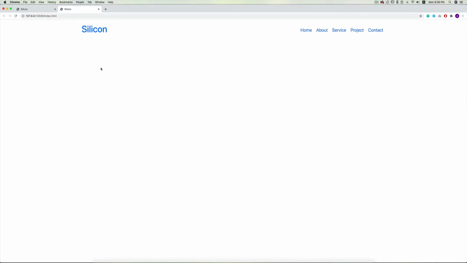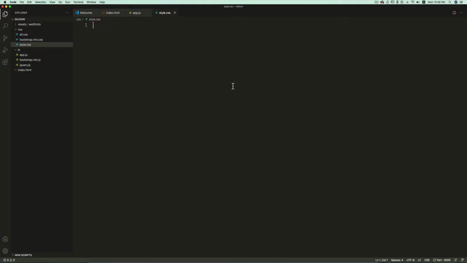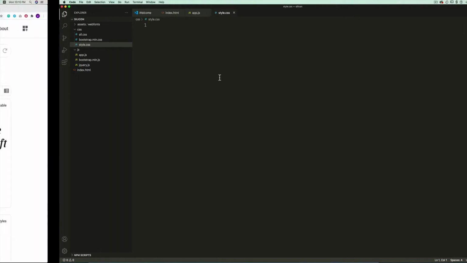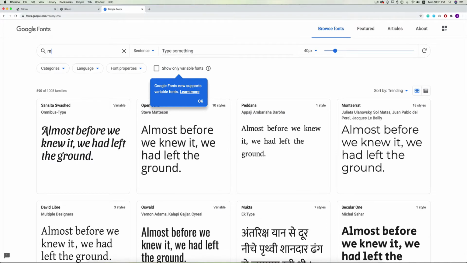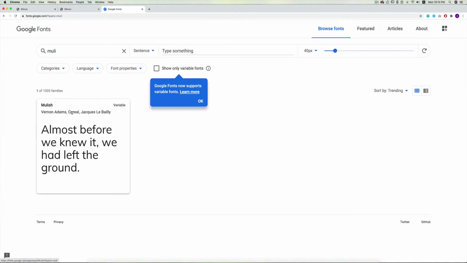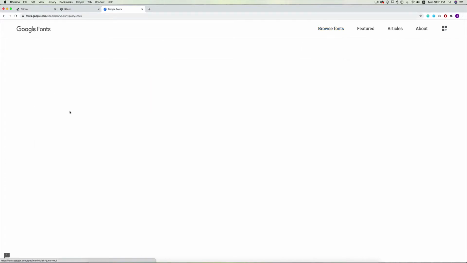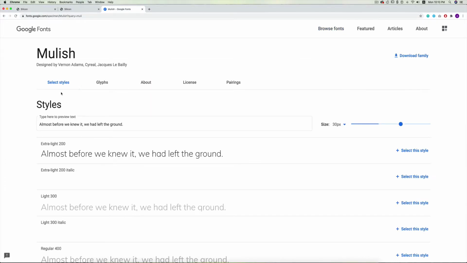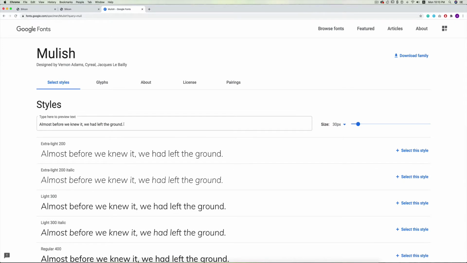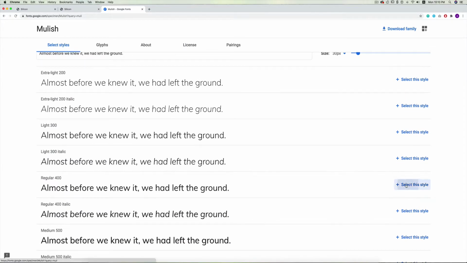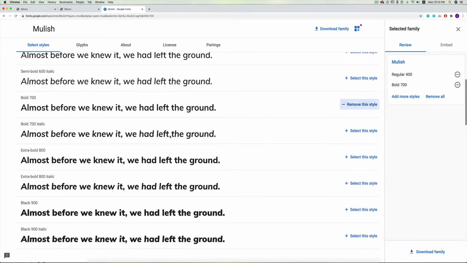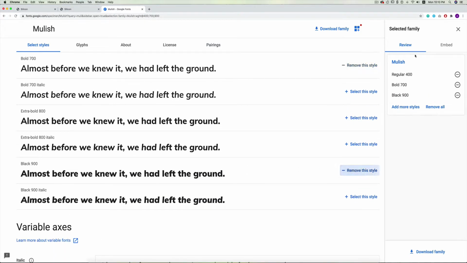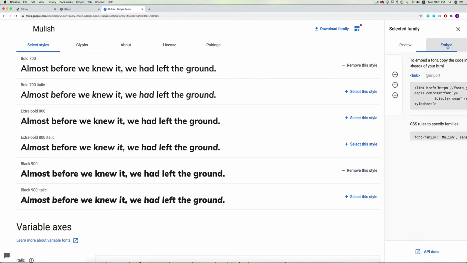Now let's style it. So for this project, I'll be using a Google font called Muli. So first we need to include that. Go to fonts.google.com and here search for Muli. Initially the name was Muli, but I don't know, they changed it. So this is the font, and I'm going to choose the weight 400 regular version, 700 the bold one, and 900 the black one. And then I can click on this embed link.